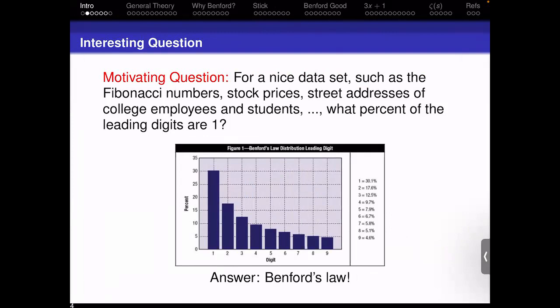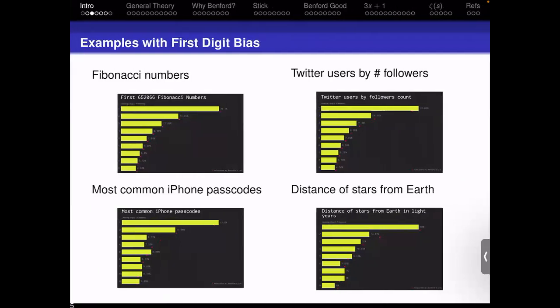Interestingly, the first place I ever saw this was in a course in arithmetic, although I did not realize I was seeing it there, because it's just a remark about the analytic versus the natural density of primes, and what fraction of the time does a prime start with the first digit of 1. And if you do natural density, the answer doesn't exist, but if you do analytic density, you actually do get these probabilities. So this is now known as Benford's law, and it occurs in a huge variety of phenomena.